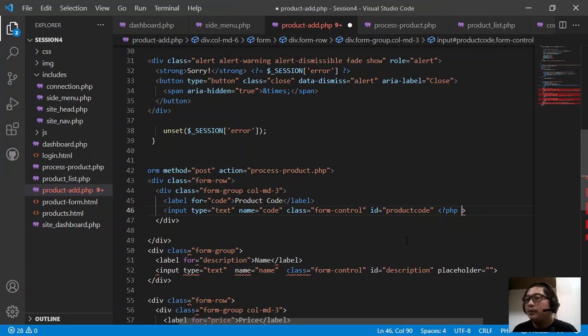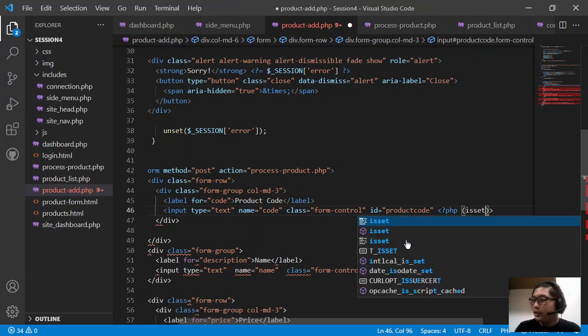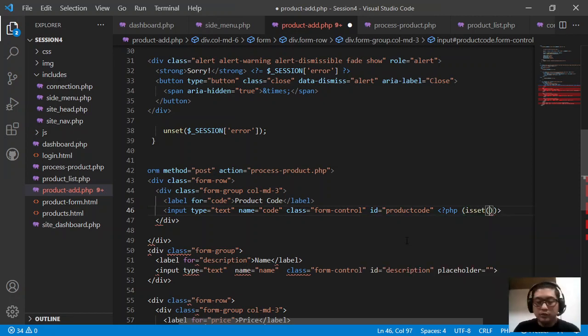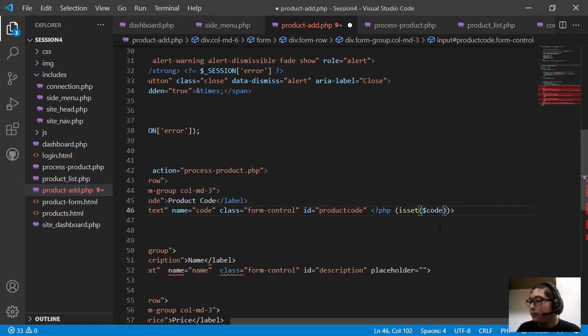Pangalawa, pag nag-modify ka, hindi mo pwedeng i-modify yung primary key niya. Ang primary key natin is yung code. So, gawa tayo. I-set. Condition tayo. Meron bang code na set, na variable? Kung meron, gagawin natin is read only equals